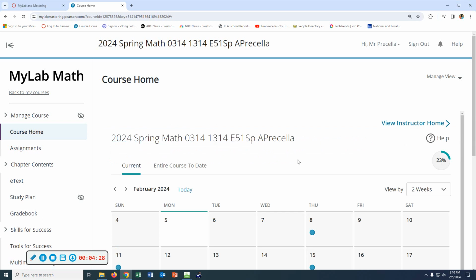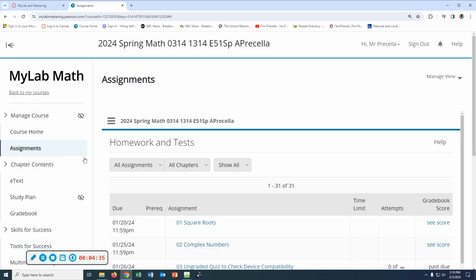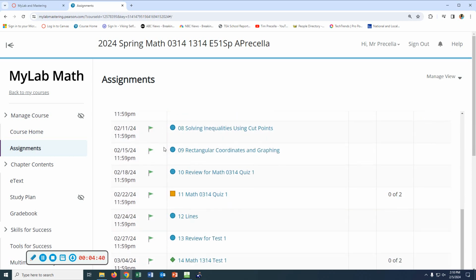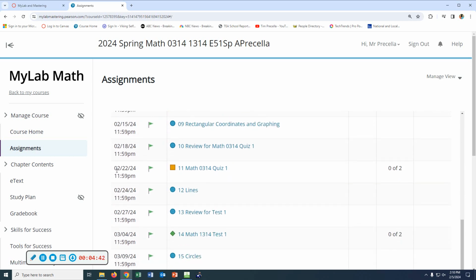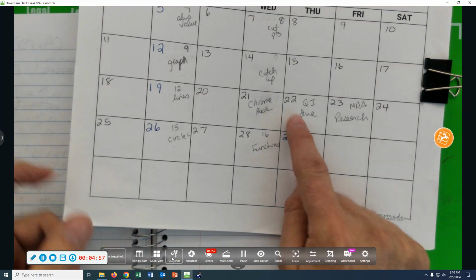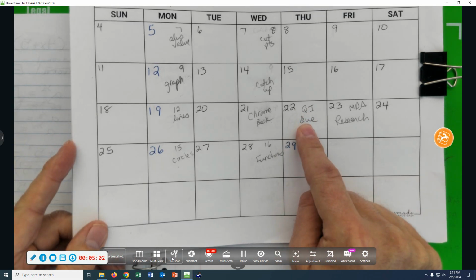Now, I also, you know what, let's just continue looking at this. We have a quiz coming up in a few weeks. It's due on February 22nd. That's a Thursday. Look at this. This is a very low-tech calendar. Your first quiz is due on Thursday,